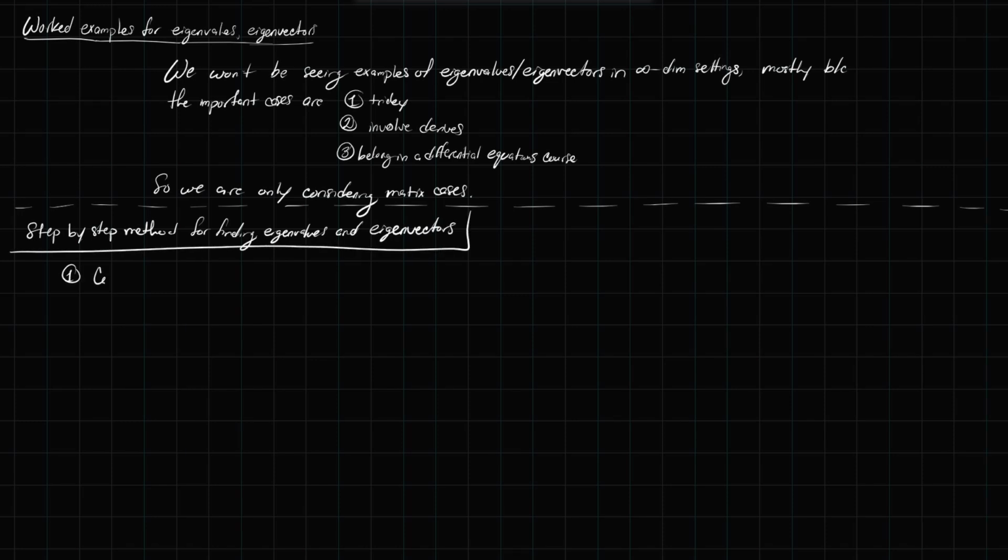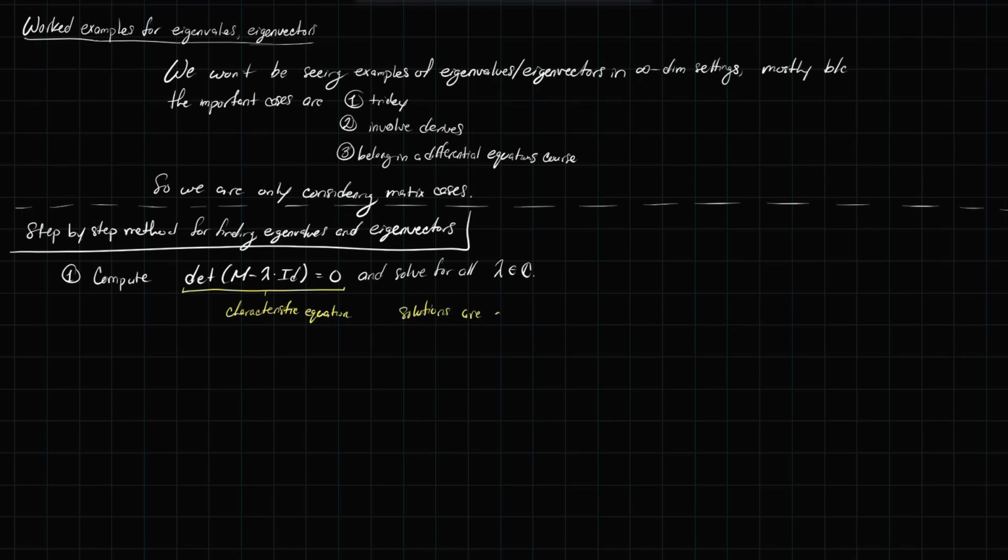So first, we compute the determinant of M minus lambda times the identity, set it equal to 0, and solve for all lambda in the complex numbers. This was called our characteristic equation. And the solutions are our eigenvalues. Secondly, for each eigenvalue,